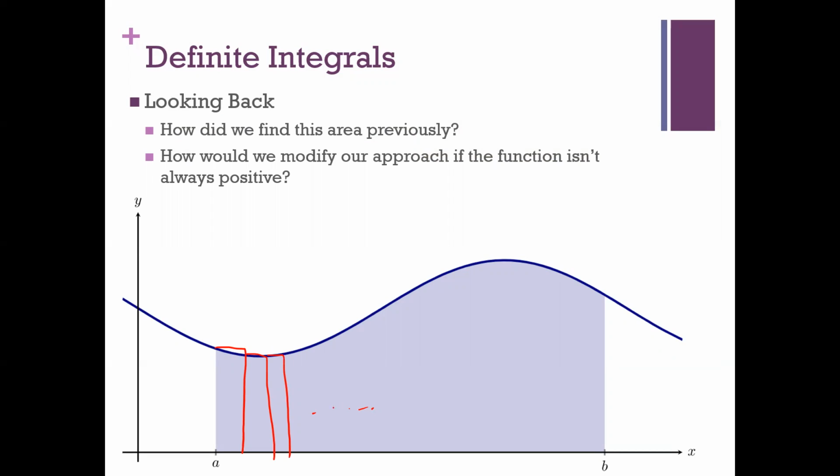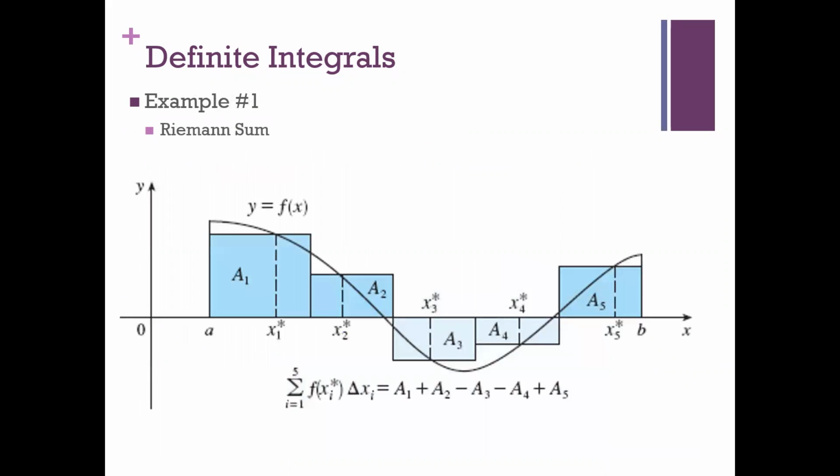So you basically, and are we okay with that? The idea of subtracting whatever area we get from anything that goes below. Yeah, okay. So that's basically the modification we're going to make. This probably feels intuitively wrong to say area can be a negative value, but that is kind of what we're going to do. This Riemann sum, if we extend it negatively, we are going to wind up with these areas that